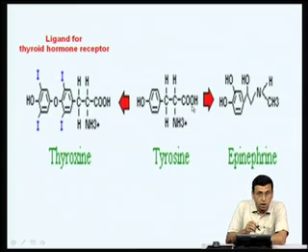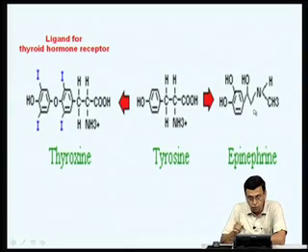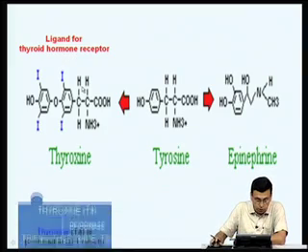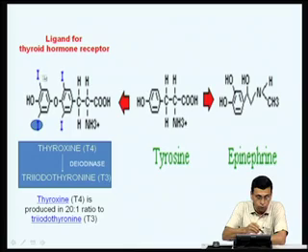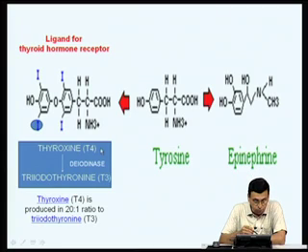The thyroid hormone, or thyroxine, is actually synthesized from tyrosine. Tyrosine is a precursor for a number of hormones like epinephrine or thyroxine and so on and so forth. Thyroxine is also known as T4. It contains 4 iodine atoms, and in the body the thyroxine exists either as T4 or